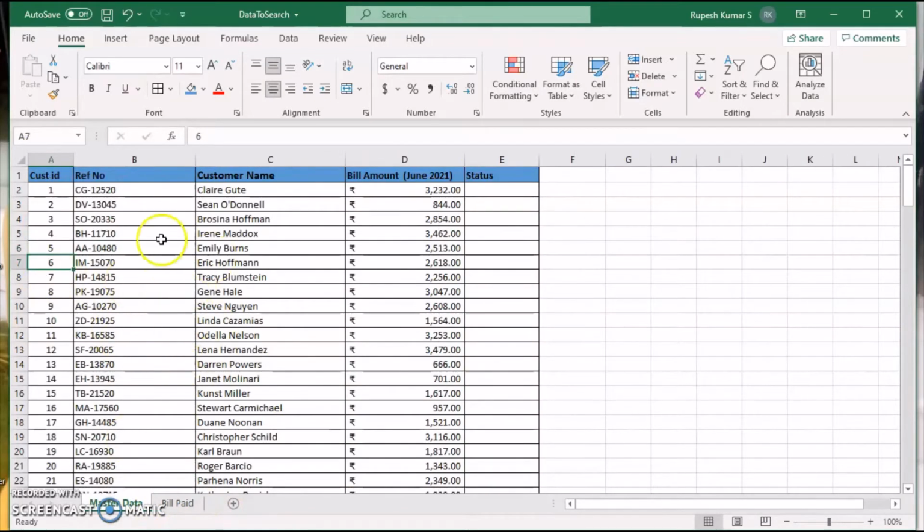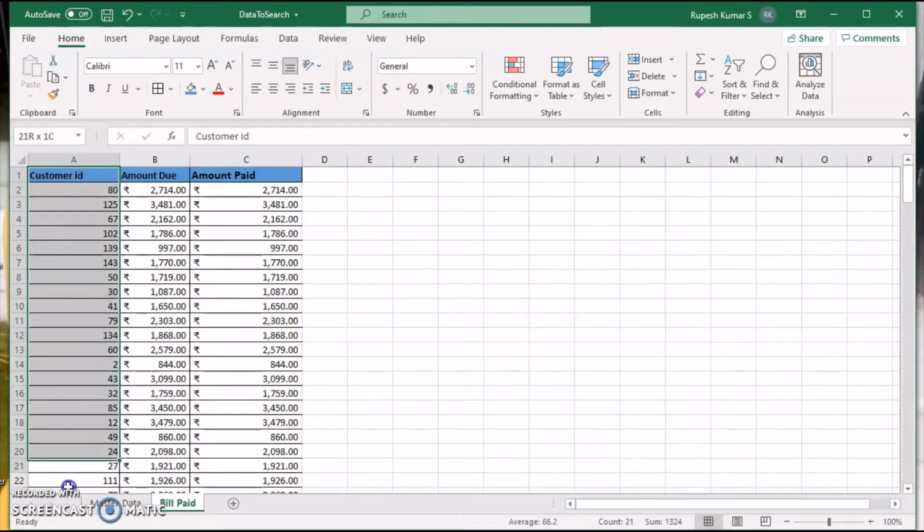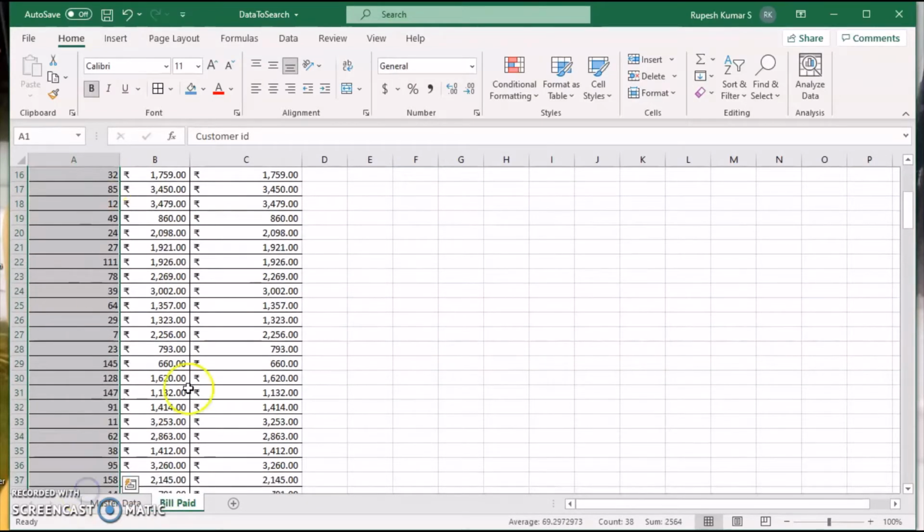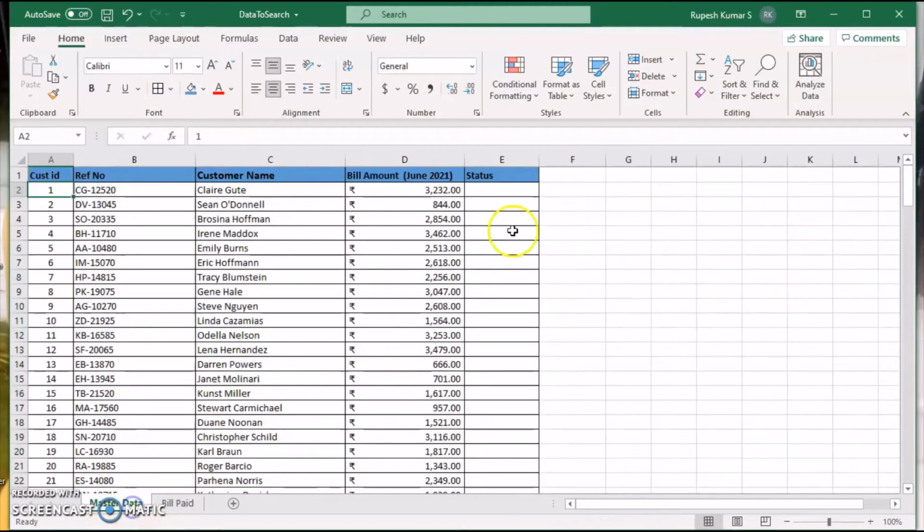Now, in the master data, for each value, suppose here we search for 1 in this. If 1 is present anywhere in this bill paid sheet, it means he has paid the bill. If it is not, he has not. So we will search one by one.